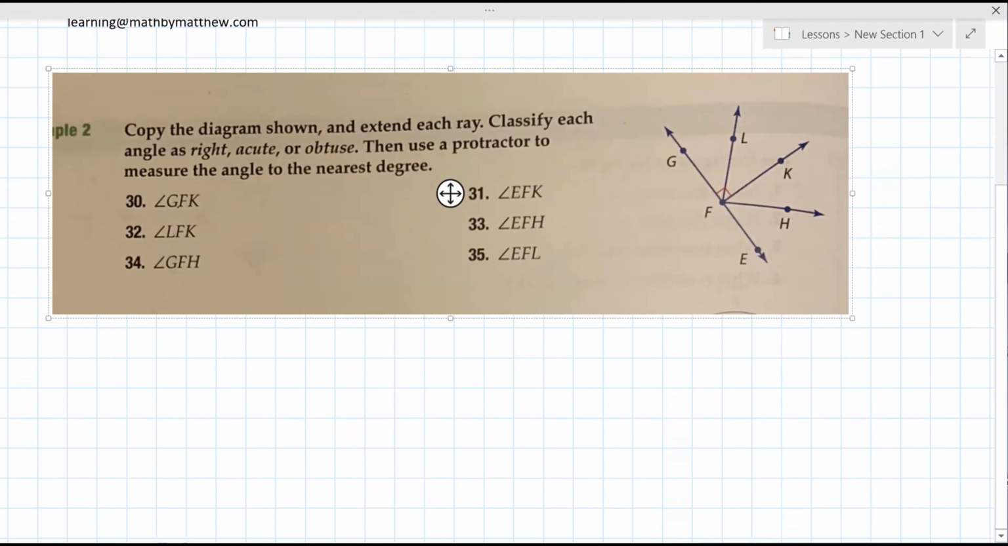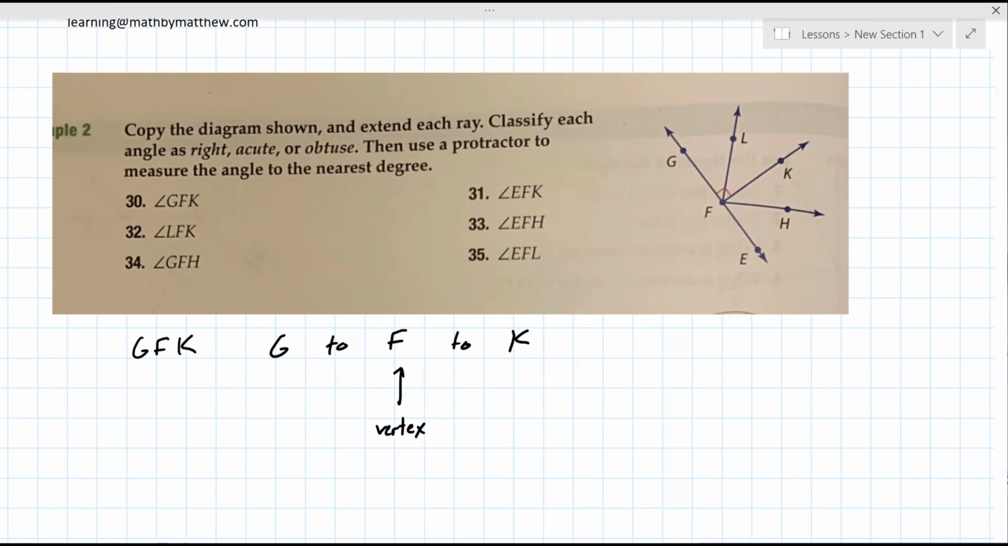So let's start with GFK. When it says GFK, I read it as G to F to K, and the middle letter is always the vertex. It's always that point that it comes to. Okay. So GFK, we actually can do better than what they do here. I can actually grab it, I can paste it here, and I can show you that